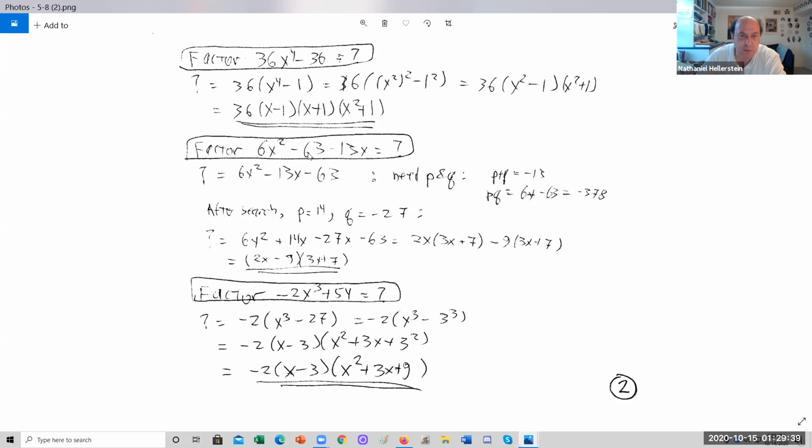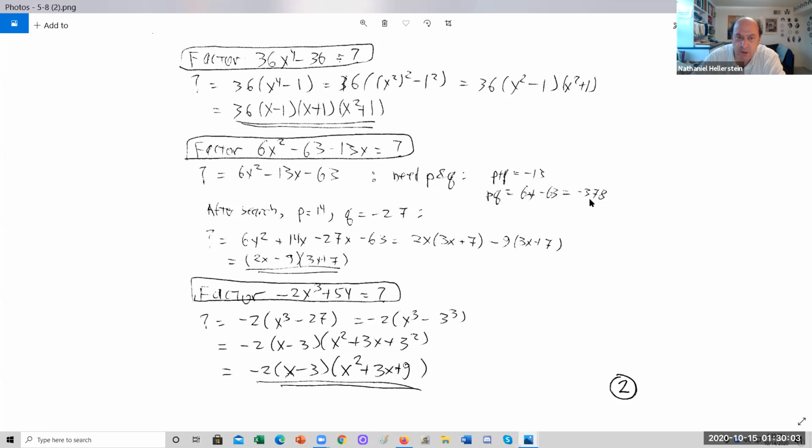Here's 6x squared minus 63 minus 13x. Okay, first we rewrite it in descending order of powers. 6x squared minus 13x minus 63. Now this is a case for the AC method. We need p and q, whose sum is negative 13, and whose product is 6 times negative 63,